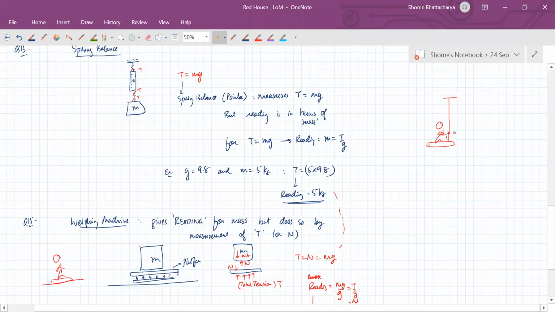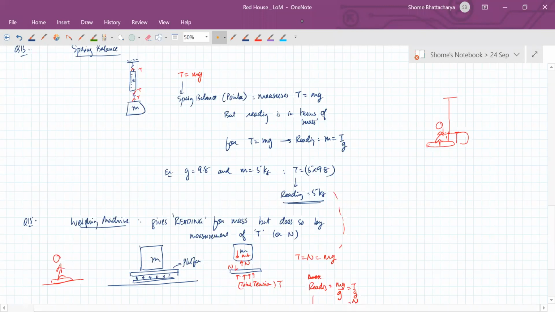You don't even need a rope. If there's a wall in front of you and you just grip that wall slightly with your fingers and apply slight upward push on your body, you will see that the reading of the weighing machine will change dramatically. You can easily manage something like 10-15 kgs difference by applying minimal amount of force on something. Or if you take the support of a table or something standing here, you just put your hands on that table and push downwards on the table, you'll see that that dramatically changes the normal reaction between your body and the platform. So it dramatically changes the reading of the platform.